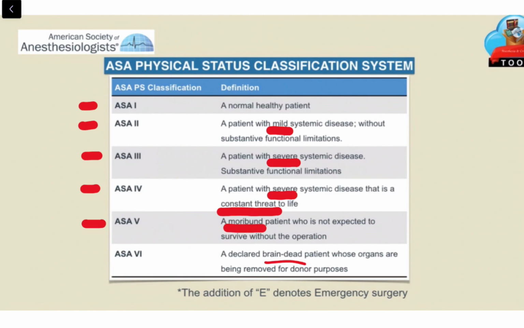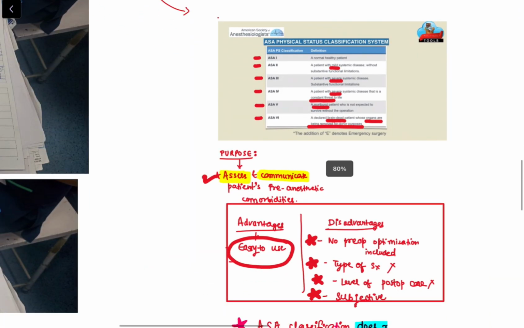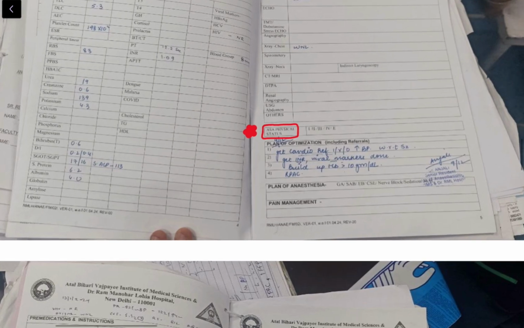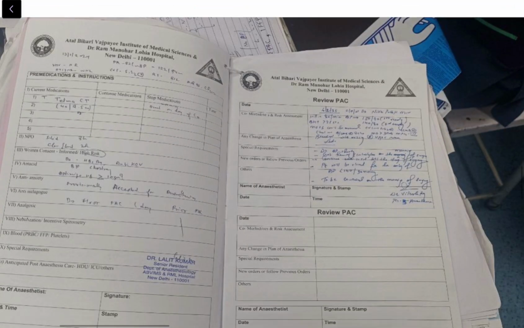ASA 5 is a moribund patient who is not expected to survive without the surgery. And ASA 6 is a brain dead patient, and usually brain dead patients are taken for organ retrieval. So these are the categories you have to classify. You should classify every patient into these categories to communicate among your colleagues what type of patient you are dealing with. Once we are done with ASA patient classification, then we'll do the optimization of the patient, we'll plan, and